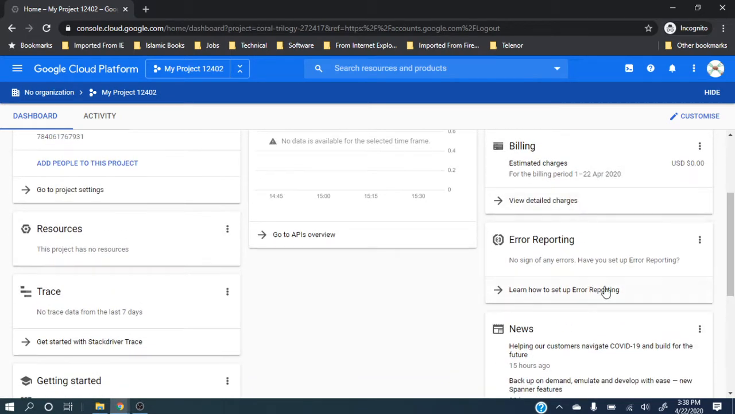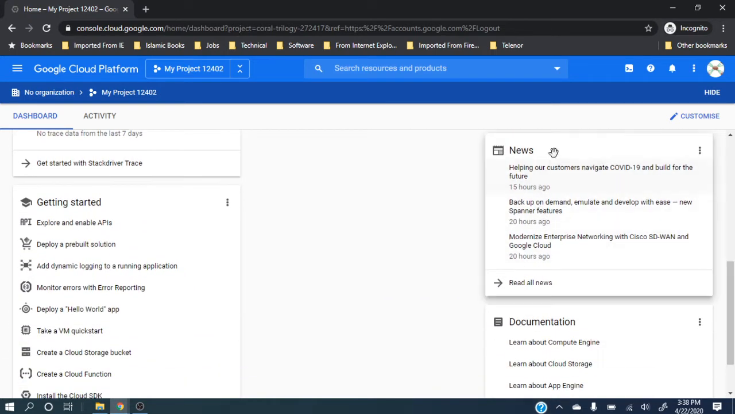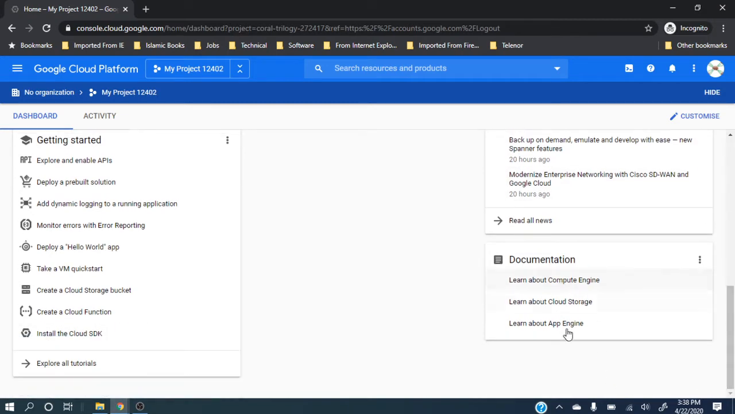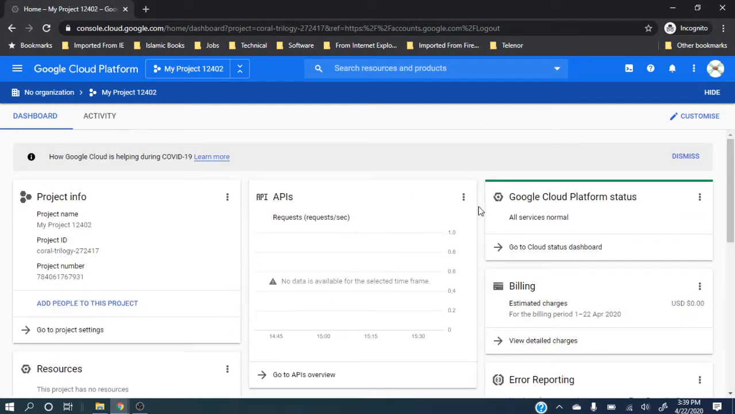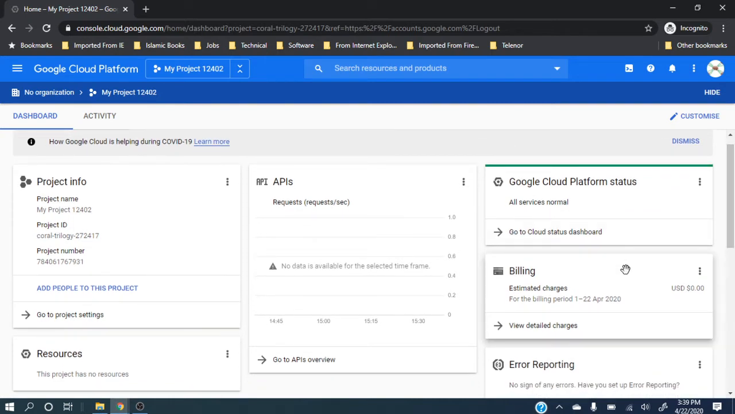If I am getting any error, I can report the error. These are some of the news, general news. And from here you can learn something about Google. So this dashboard gives you a very simple bird's eye view. Number one, the main thing, is your billing. If you have been billed,